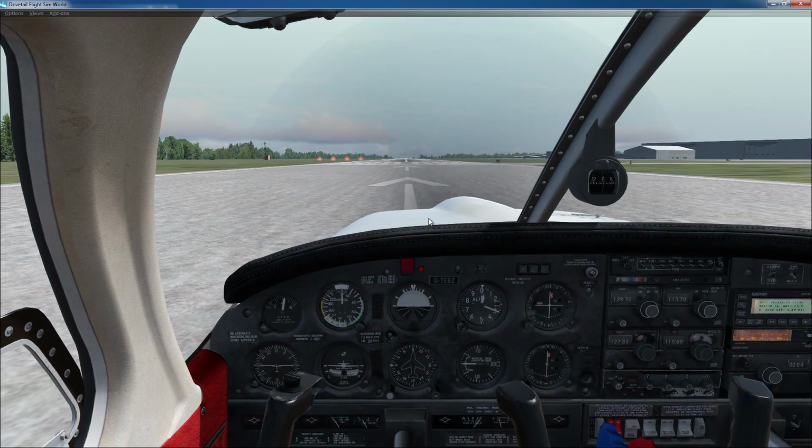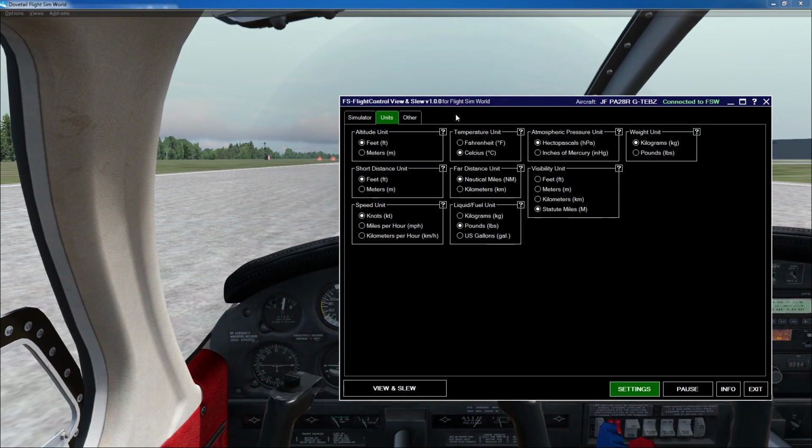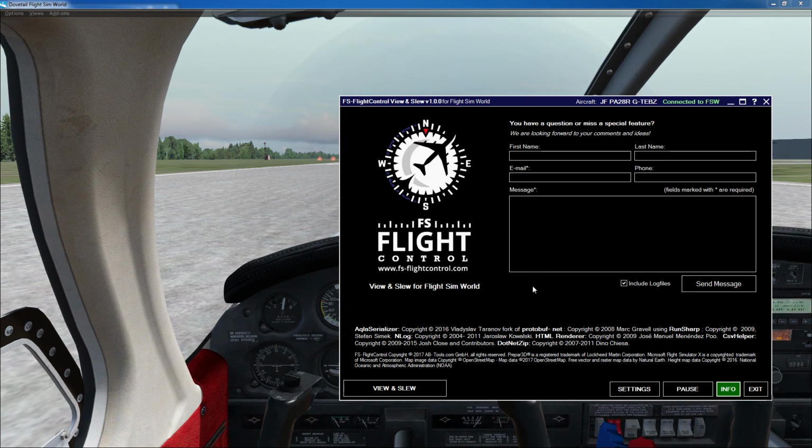Well, today I'm looking at two DLC, both by, is it FS Flight Control or something like that? Let's find out. Yeah, Flight Control info, here we go. FS Flight Control, fs-flightcontrol.com. I'm going to be looking at View and Slew for Flight Sim World, as well as Moving Map for Flight Sim World,